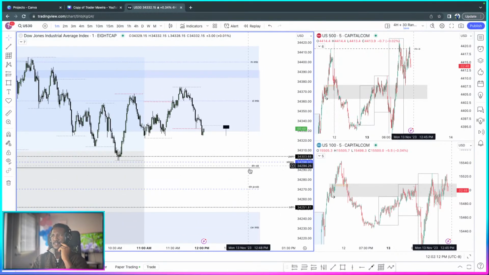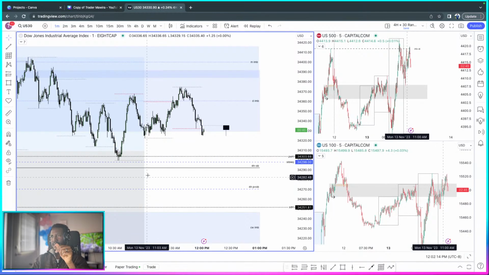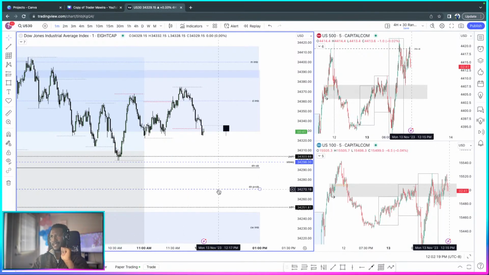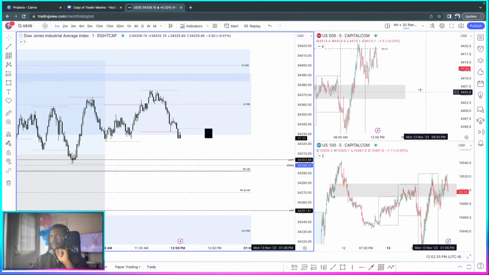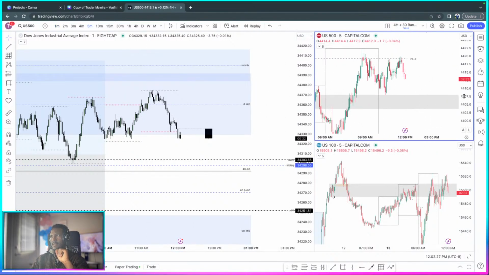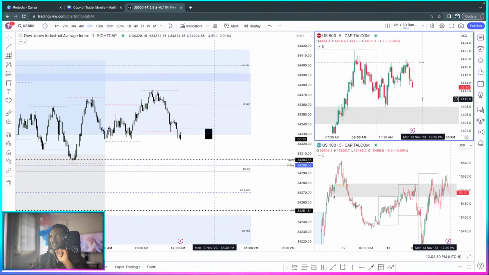I would be comfortable buying if we do get to this area where we have this for our order block, or this for our propulsion order block. So if they keep on going up, my entry is right there. I'm not going to take that buy. Otherwise, I'd favor sells a lot.